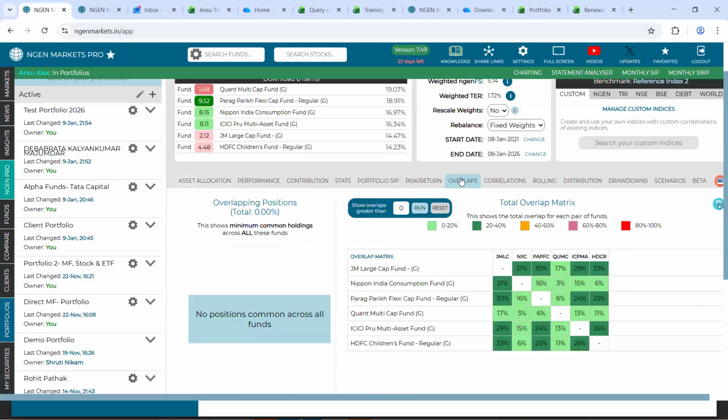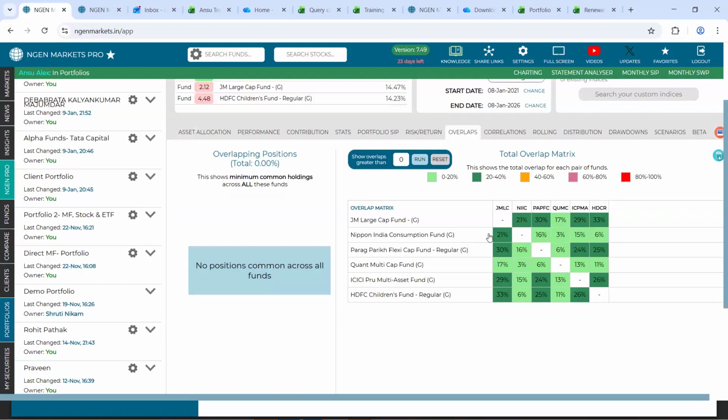And lastly, we have this overlaps tab. So this is a matrix structure that tells you the common underlying between every two funds that you are looking upon. Now, for easy identification, we have provided you with color coordinations. So you see, as your overlap keeps on getting higher, the color keeps on getting darker. As it goes beyond 40, it could be either a yellow, pink, or a red. So that a quick and easy identification is possible that yes, these two funds indeed have common stocks which are higher than 40.